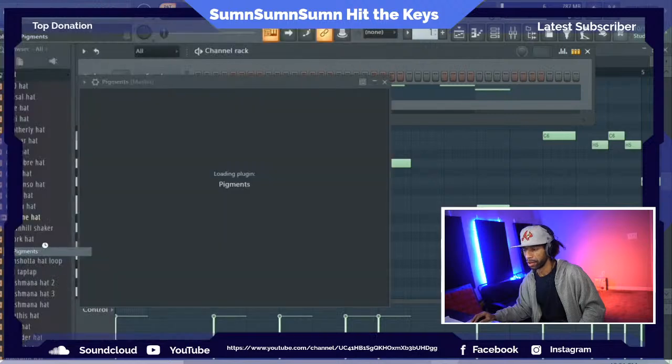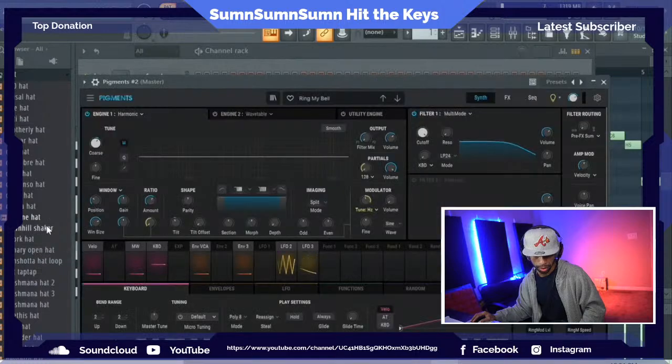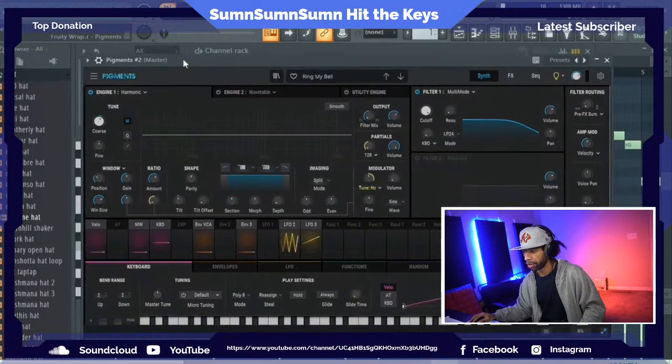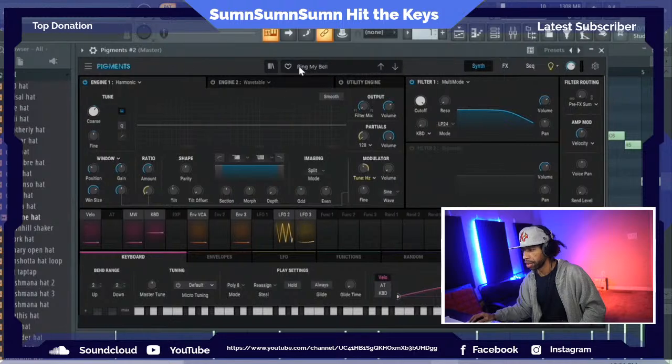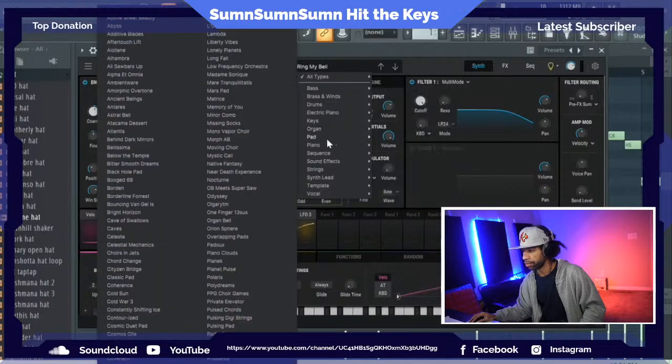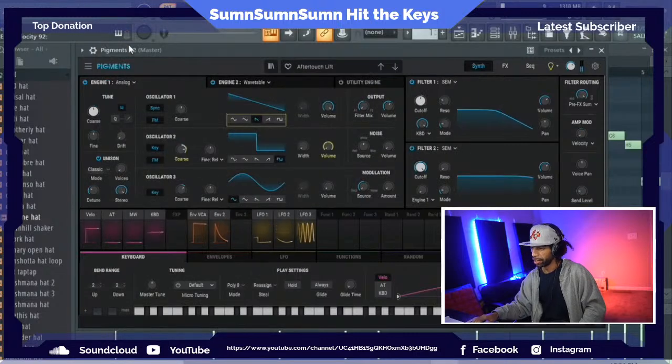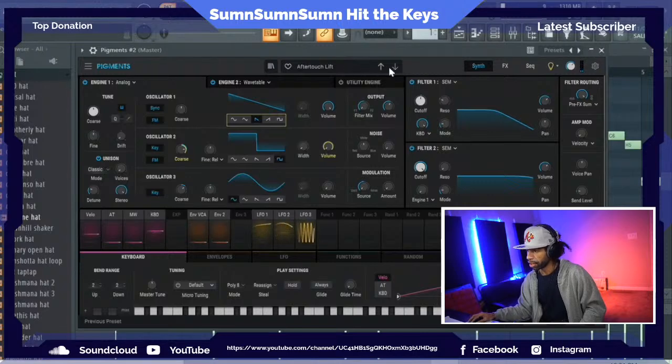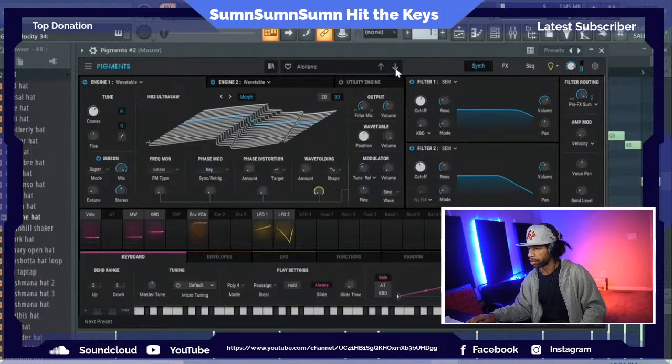But again, they make good stuff, man. I got the new 25, but I haven't even really used it very much. Maybe I'll check it out on this beat, but I haven't really used it at all. I'm not even gonna lie, I haven't made one beat with it yet. And typically, whenever I get a plugin, I always make a beat with it. I can use this in the second half of the beat though.